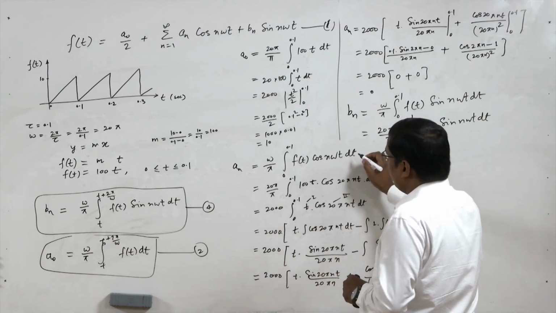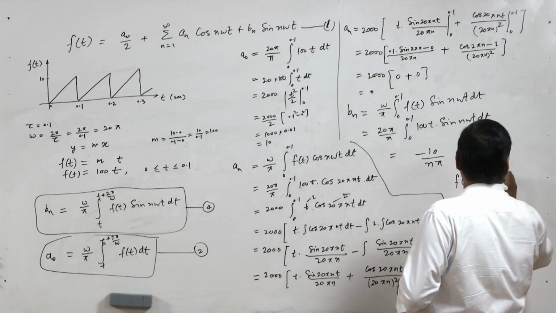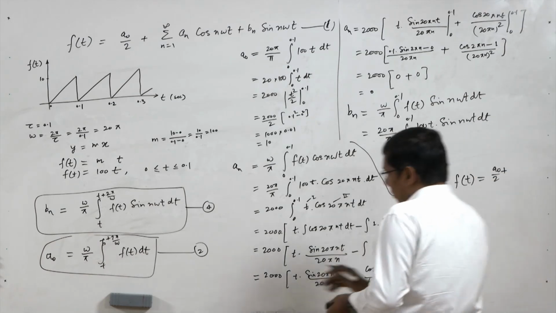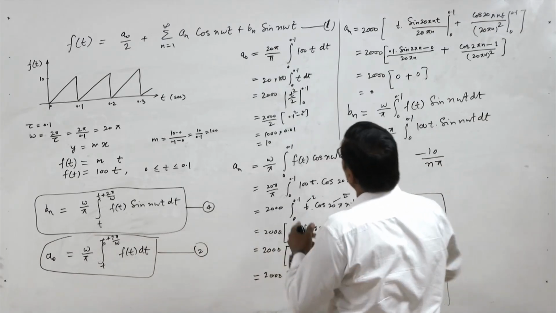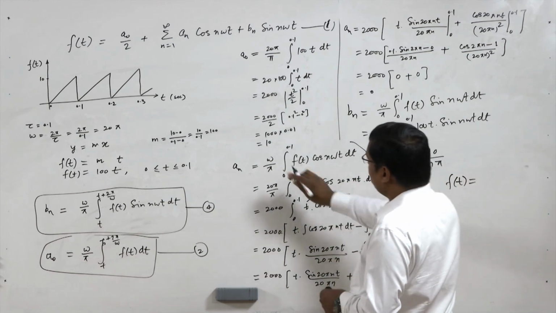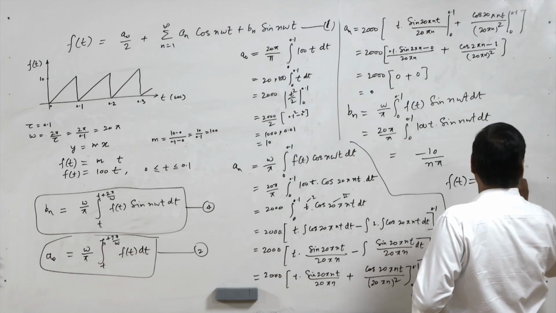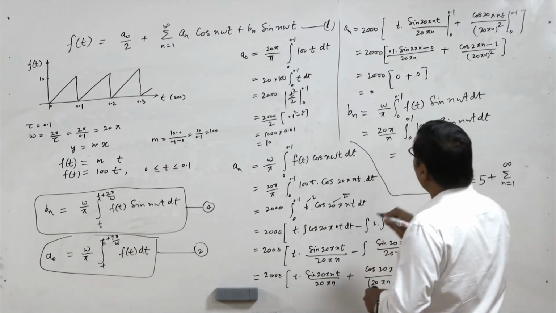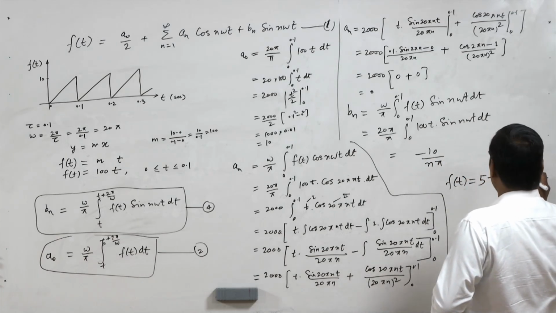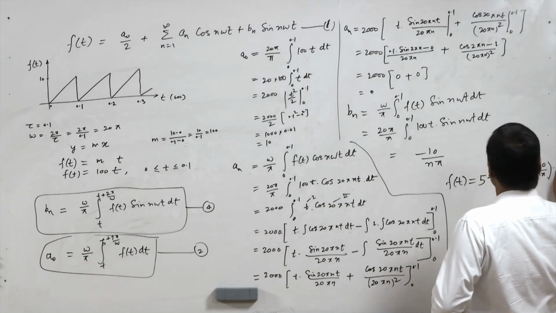So what is our Fourier series? For this periodic function, f(t) equal to a0 by 2 plus, so we can see this equation 1 and we can put these values. So f(t) equal to a0 is 10, so 10 by 2 equal to 5, plus sigma n equal to 1 to infinity. Now an is 0, so there will be no cosine term, only bn and sin ωt. So bn is minus 10 upon nπ into